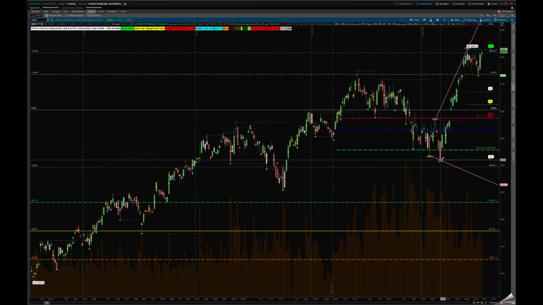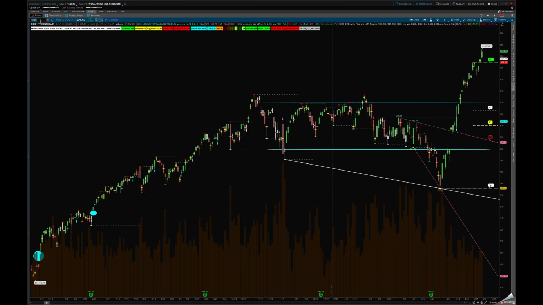I'm going to grab this low here to this high here, and you can see we are in that linear regression on the micro NQ. So let's go now to the QQQ, which is the NASDAQ 100. We have the semiconductor SMH and the XLK, part of the NASDAQ 100. This is the QQQ ETF.